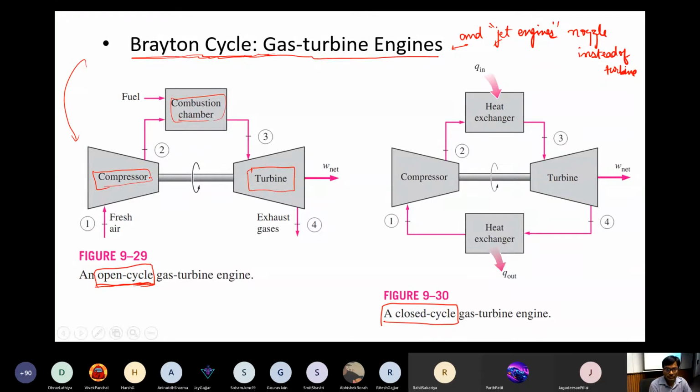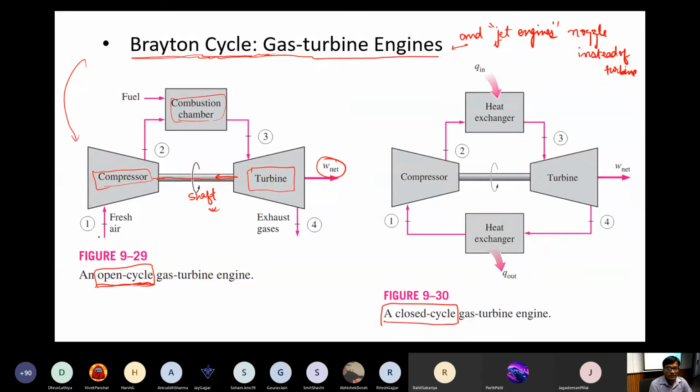As compared to that, here the turbine is also connected through a shaft, and some of the work output generated from this cycle is used to rotate the shaft, which in turn gives power to the compressor as well. So this is a shaft, you'll see. Okay. So unlike all other cycles, you will not see this kind of thing. It's kind of like you are taking help from what you are getting out of it.